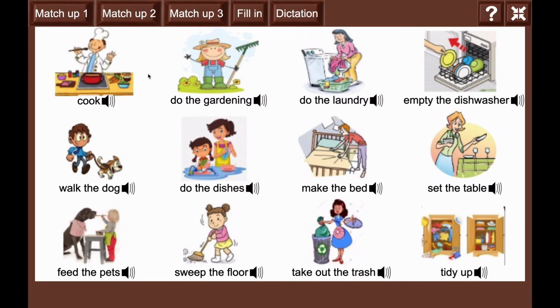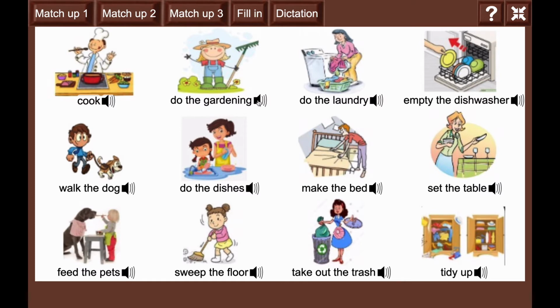Now this game is for listening. Do you see the speaker button for each vocabulary word? Each one has a speaker button. You can read the word cook and listen. Cook. Do the gardening.